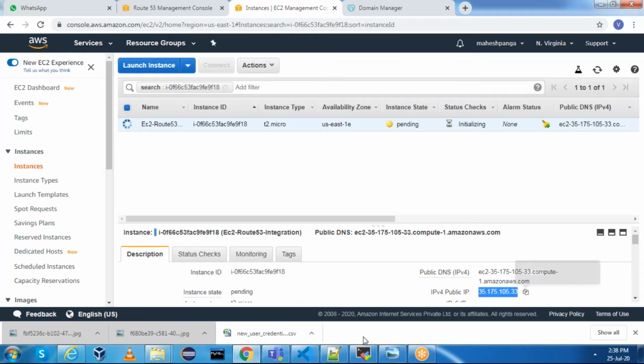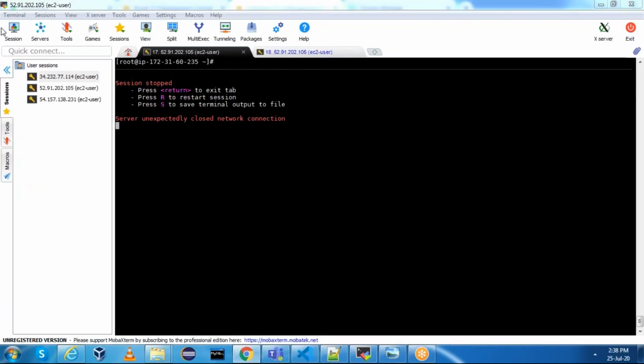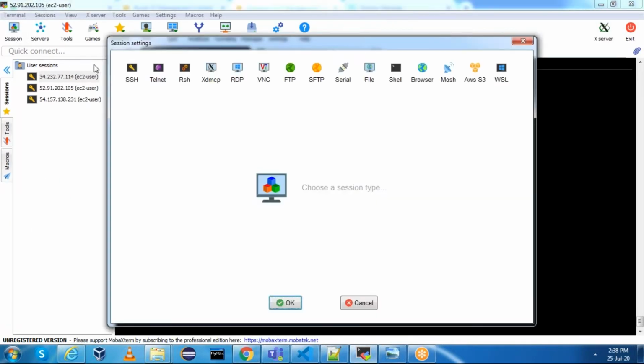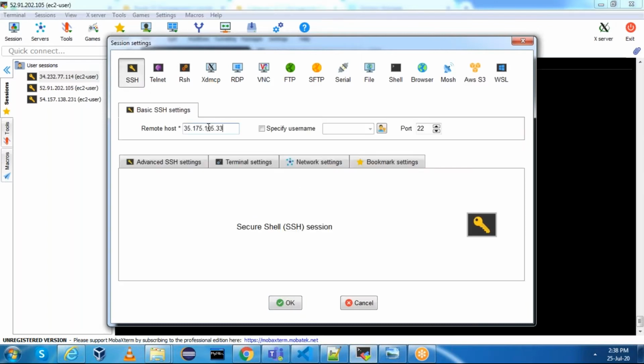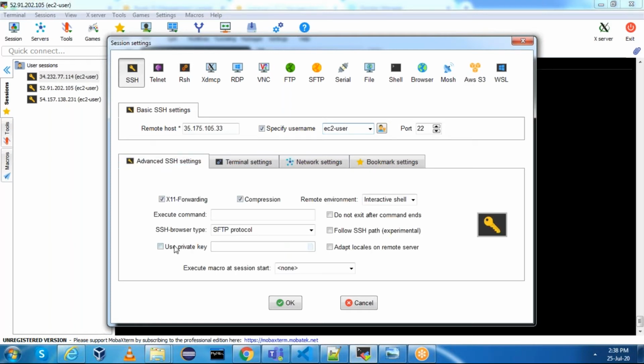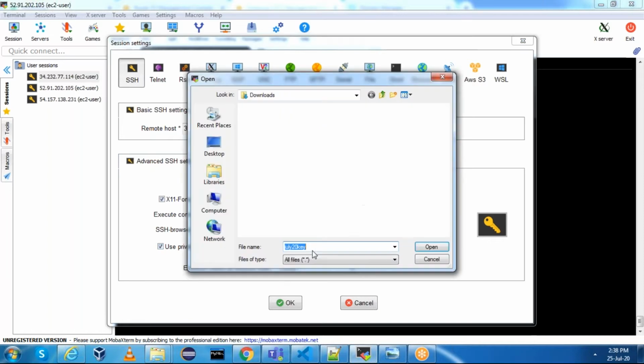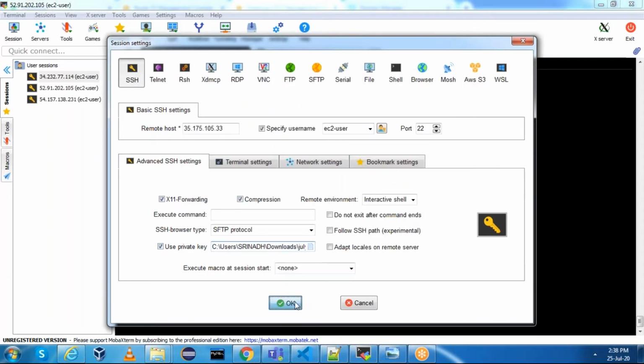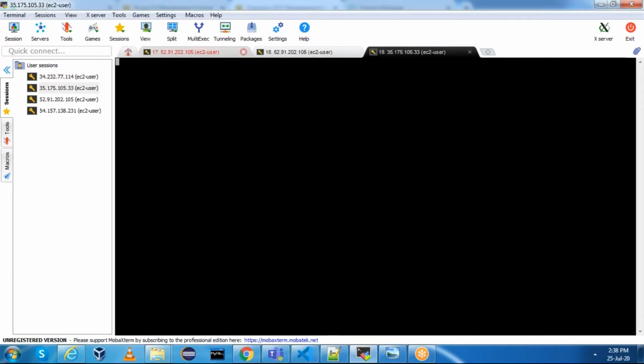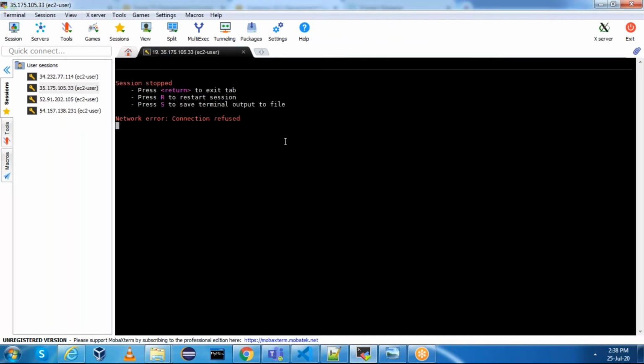Copy the server IP, session, SSH. This is remote host. Specify username ec2-user. Advanced SSH settings. Use private key. This is my key. Perfect. We are able to connect to the server.